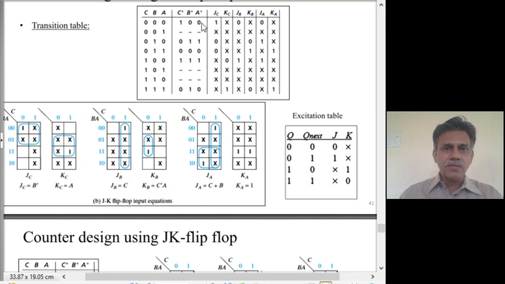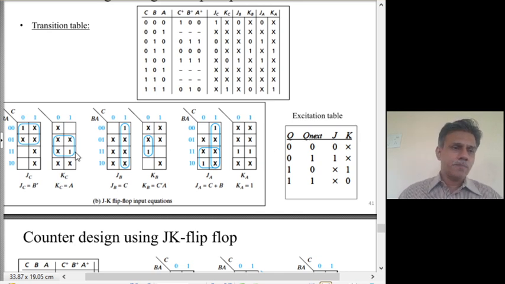Coming to KC, the same way. Now, we blindly do the operation. Look for this column and the next column. It is to be X X X X followed by 0 X 1 X, 0 X 1 X. Then we have JB: 0 X X X 1 X X X. So, that way you fill all these things.